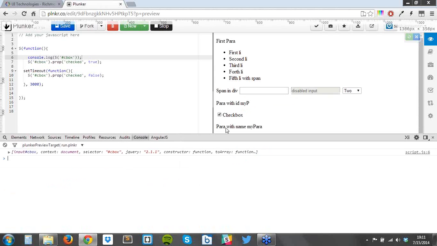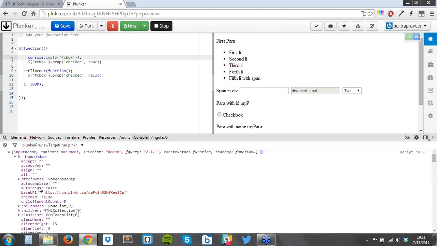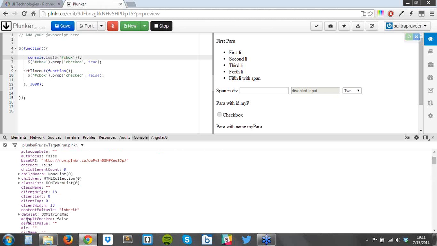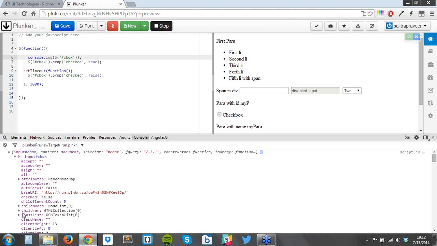So you see where this current state is being saved. It is saved in this DOM element. If you scroll down, there is something called checked here. Right now it is false, and that's why it is false here. It has nothing to do with the attribute now. It is just with these properties, and you can see these are properties on this object, so you have to